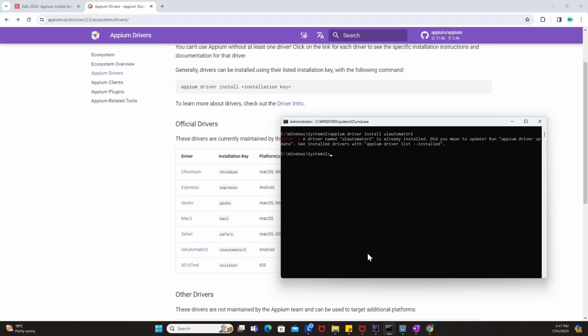Now I have got an error over here that a driver named UI Automator 2 is already installed. What it means is that I have already performed this step previously, but you won't get this message if you have not got the driver installed and you are installing it for the first time. Okay, it will take a little bit of time. It will look for the locations where it needs to install your driver, and you will get a green tick. As long as your driver is installed correctly, you will get a green tick, and then you will be able to run a command to see